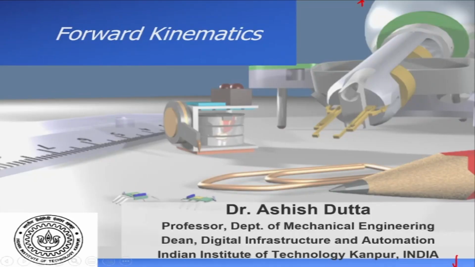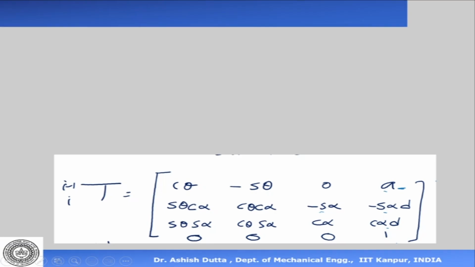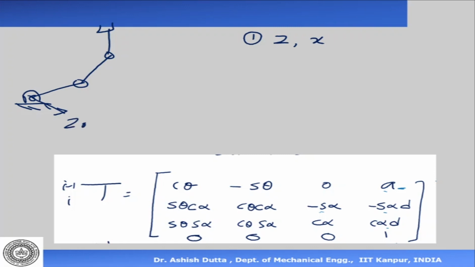Okay, so we are continuing with our discussion of the Puma robot, and just to very quickly revise what we are doing when we are given a robot manipulator, for example, one having 3 degrees of freedom like this, the first thing that we do is we assign our z-axis and then the x-axis. So I assign my z-axis. So this is going to be my z0, z1. This is my z2, z3 axis. Then assign my x-axis. In this particular case, it is x0, x1, x2, and x3. Please look at the rules which I discussed a couple of classes back.